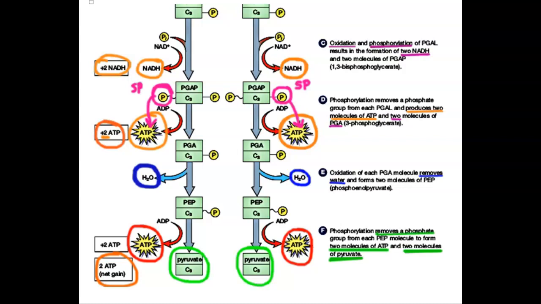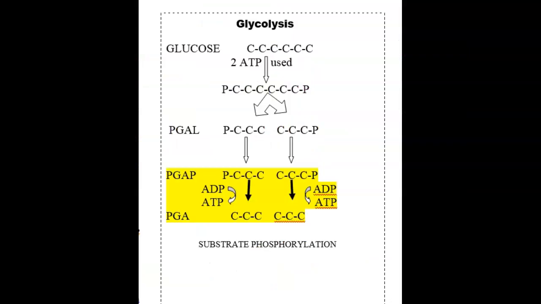So let's go through that substrate phosphorylation one more time. So glycolysis, splitting of the glucose. And we're going to focus on this part that's in yellow. You don't need to know any of these names, just the first name and the last name. So glucose, and at the very end 2 pyruvate. Then you do not need to know any of the other names. So this is just